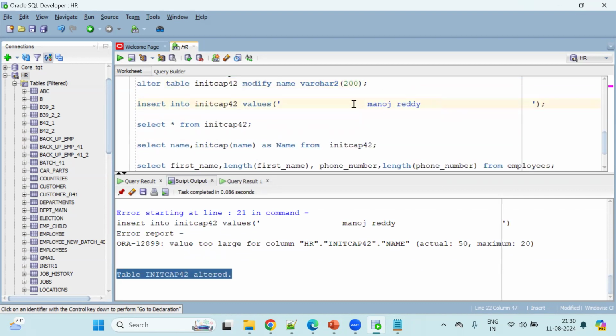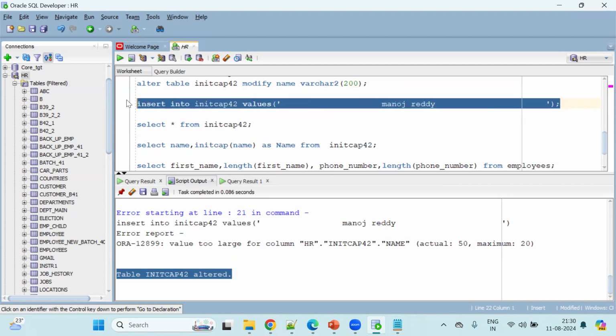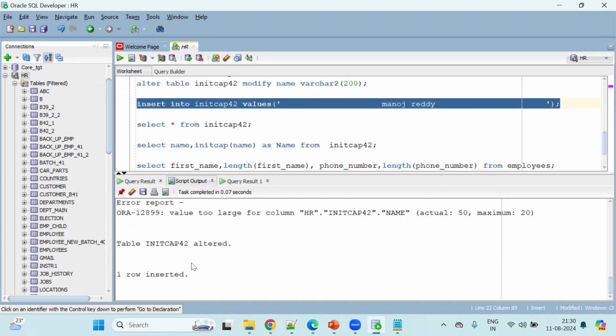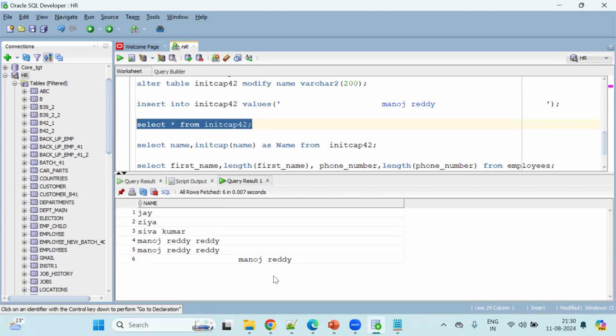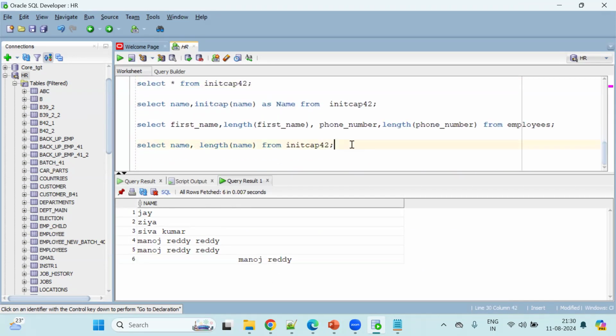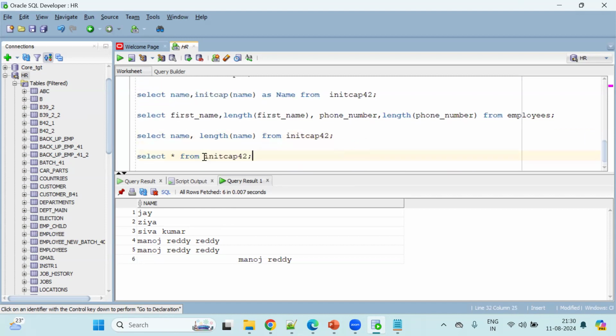Okay, one row inserted. Now see the values. You see, on the left side we have blank spaces, and on the right side also we have blank spaces. Here too, left side has white spaces and right side has blank spaces. Now, if I want to remove the white spaces, blank spaces from the left side, we are going to use